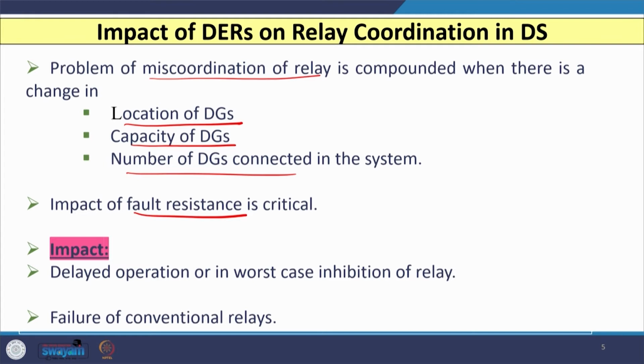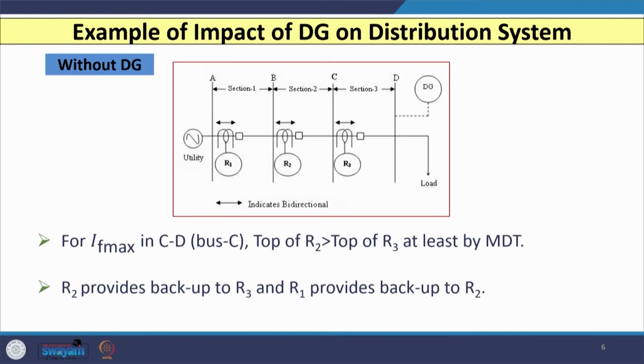So, the overall impact of incorporating DG in the distribution network, with reference to coordination among overcurrent relays, has two main impacts: delayed operation, or in the worst case the relay may not operate, and failure of our conventional relays is also observed. So, let us understand how the relays miscoordinate when we incorporate distributed generators in a radial distribution network with an example. Here, let us consider this system